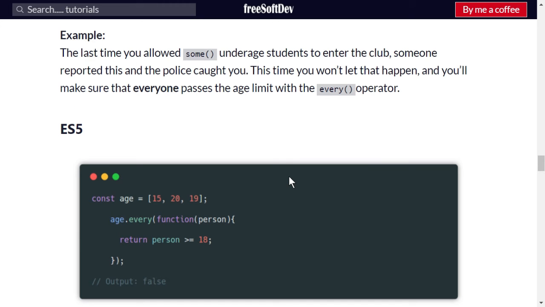Let's say an example. The first time you allowed some underage students to enter the club. Someone reported this and the police caught you. This time you won't let that happen, and you make sure that everyone passes the age limit of every iterator. So for the ES5 function declaration, we have const age, then you have 15, 20 and 19. Then age.every. This will help you to make sure that